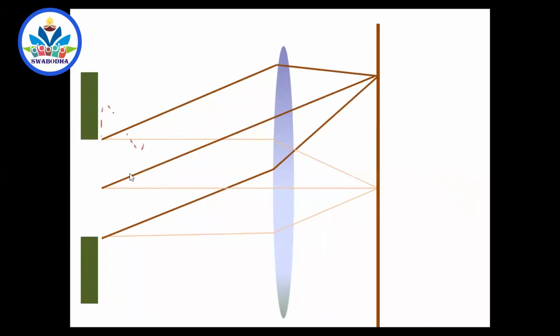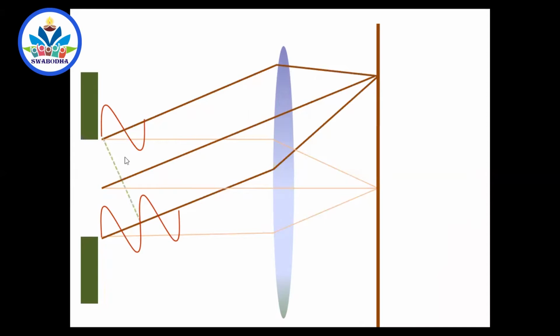Wave starting from the top of the slit, secondary wave starting from the bottom of the slit, they have a path reference now, because the bottom of the slit wave has to travel more and more, because it is a longer path for it. The upper half of the slit, the upper top of the slit, that secondary wave traveling from here has to travel less. Okay, now here it is exactly 1 lambda.